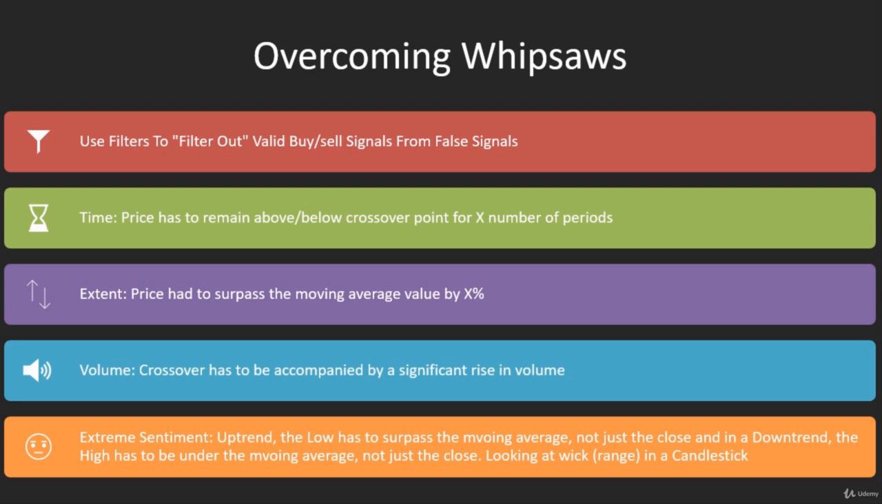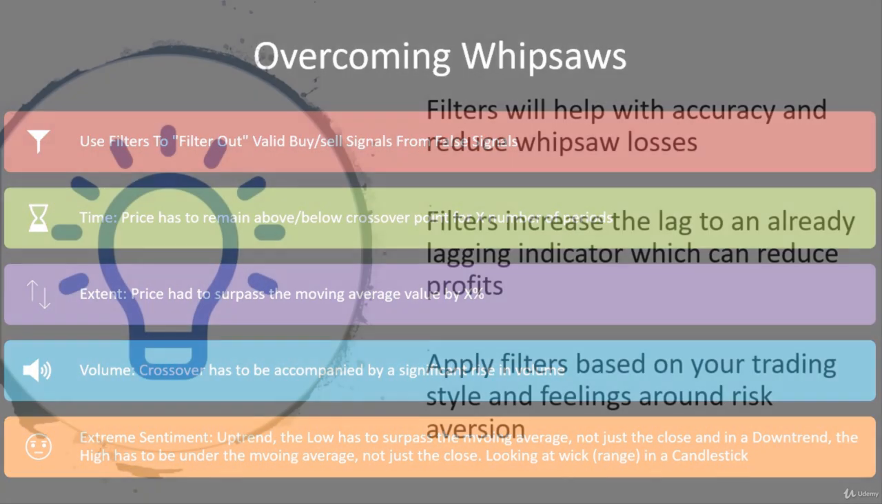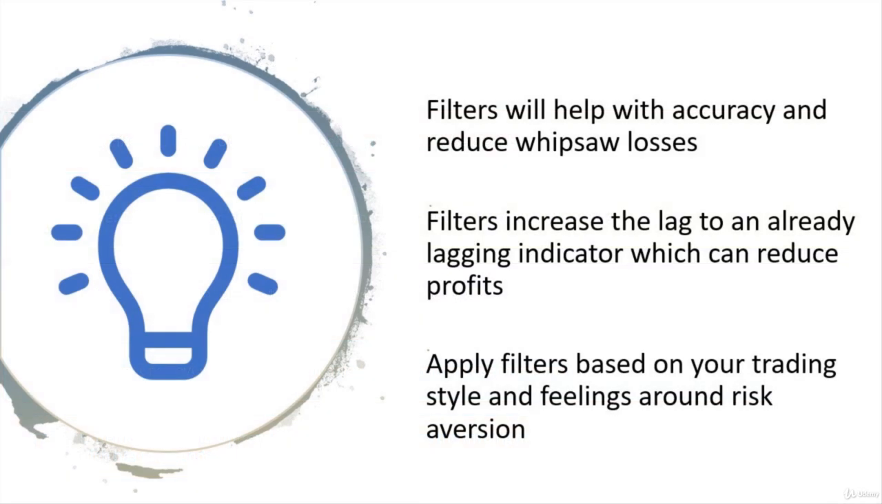So I've put some rules around this with these filters, whether it's the time, the extent, the volume, or I'm looking for the whole trading range to cross over, not just the price, to put in more things to make me make a buy or sell decision based on a trading rule in addition to the crossover, to overcome these whipsaws. Now you're probably already seeing some of the downside of